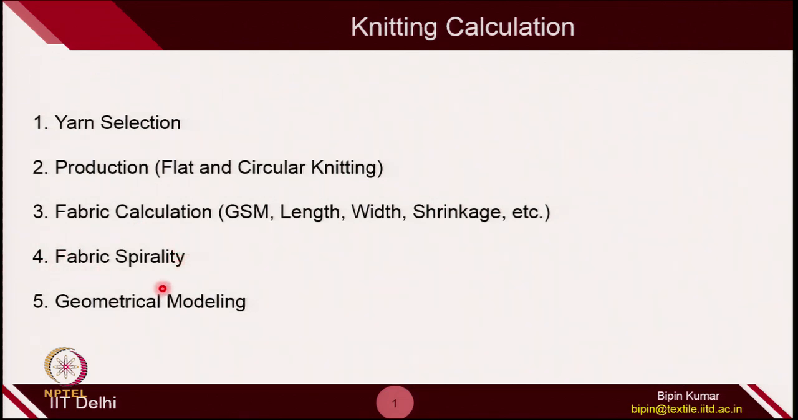The fourth part is fabric spirality, which is very commonly observed in single jersey fabric on circular knitting, especially on multi-feeder circular knitting machines. We observe spirality. So, this is a new term to you. Spirality is nothing but that you will observe the wale line will not remain vertical,